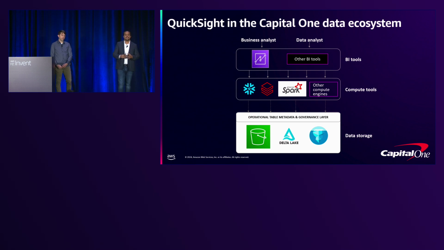In terms of how QuickSight fits as part of our overall data ecosystem, we've built a very robust data lake house leveraging Amazon S3 object store as our storage. And on top of that, we bring various compute engines that are compatible with the open standard that our lake uses, both for the file format and the table formats. QuickSight and enterprise BI tools sit on top of all of that, providing easy access to this lake data to create visualizations and reports and dashboards for our business and data analysts.